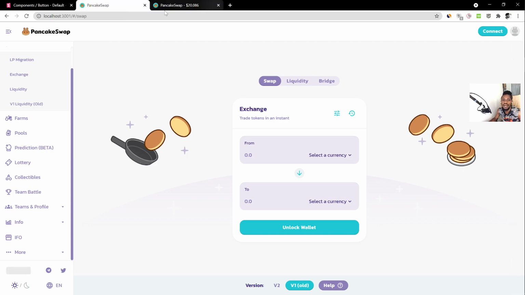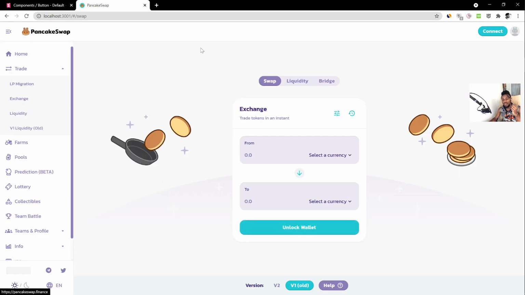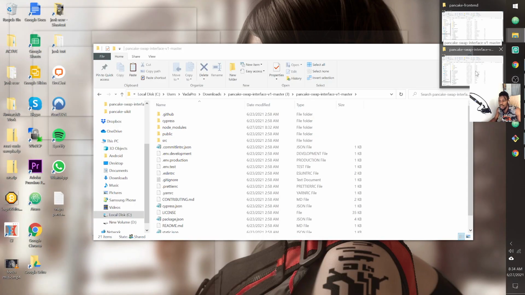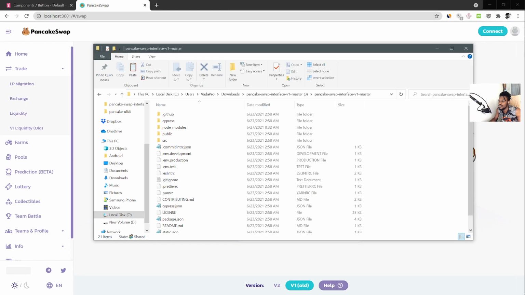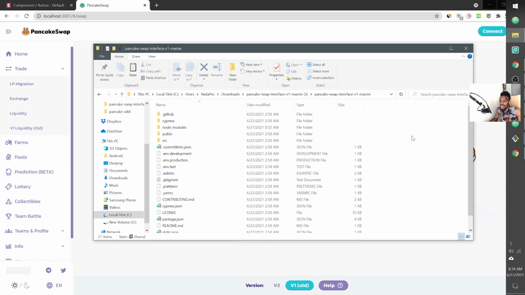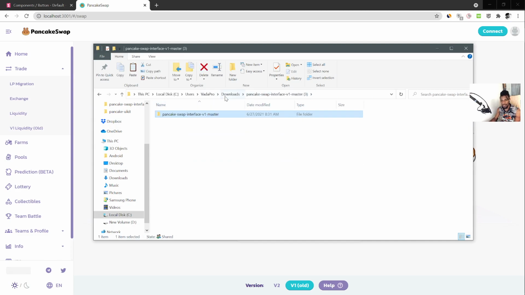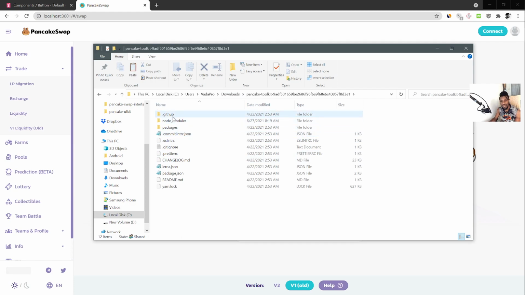Alright, so did it work? Alright, so don't get confused, guys. This is the thing that we just downloaded, the logo here. So what we will want to do, remember, we downloaded the version of our UI kit, right? And then